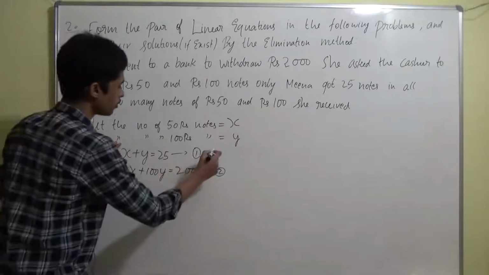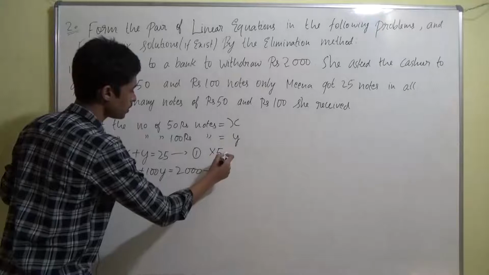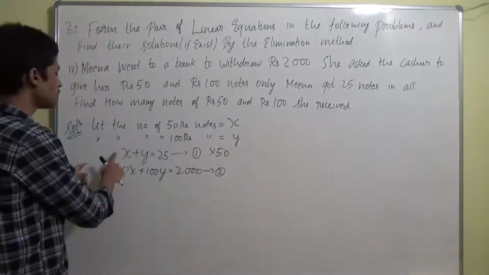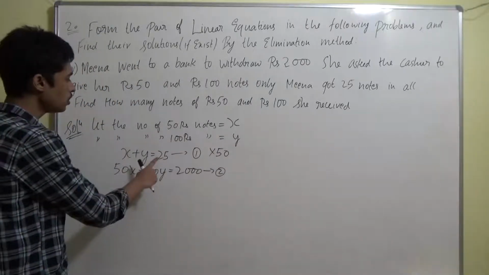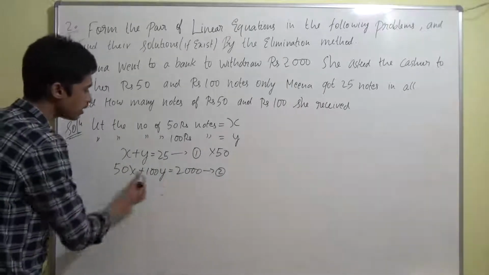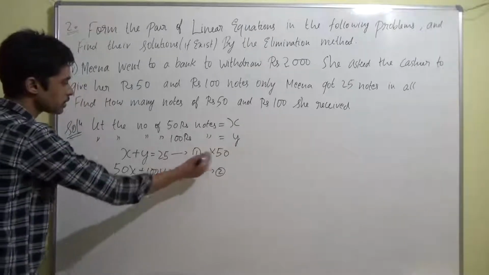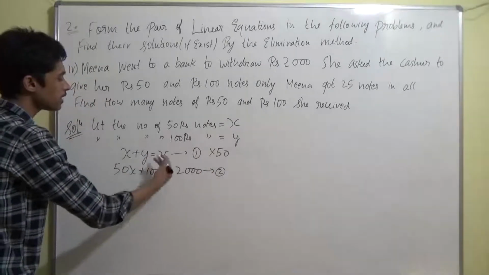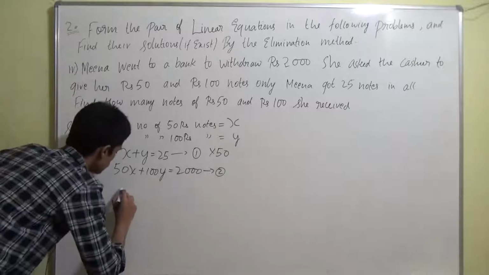So what you are going to do, you are going to multiply this entire equation 1 with 50. That time what will happen? It will become 50x plus 50y equal to 250 into 50. We'll do it, guys, right? Let's write it down here. So second equation we are going to write it as it is. First equation we are going to write it after multiplying the entire equation with 50. It becomes equal to